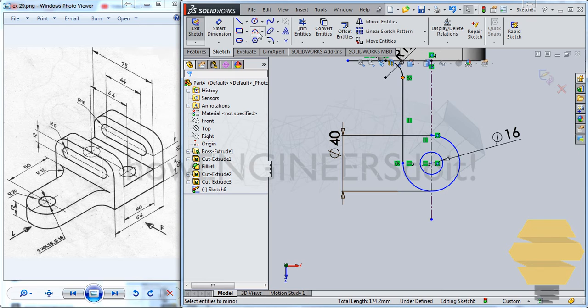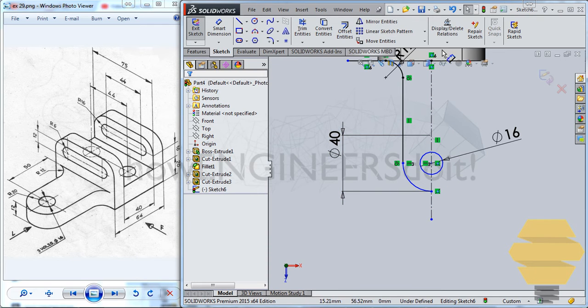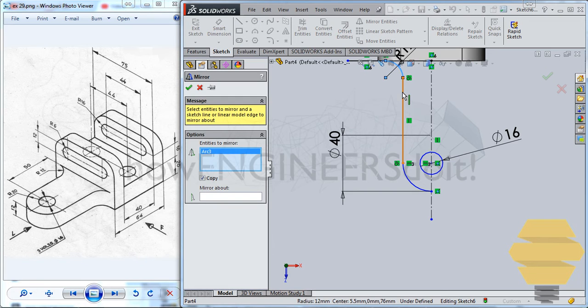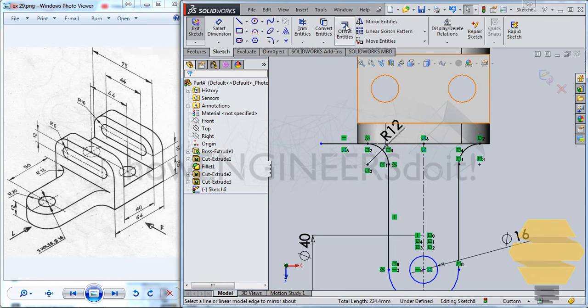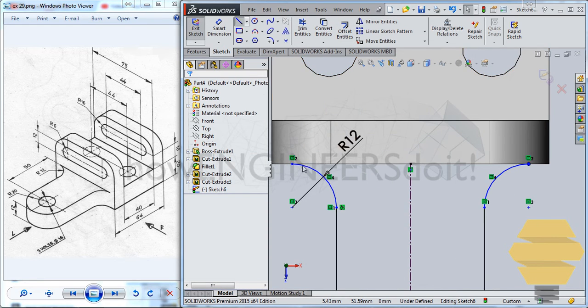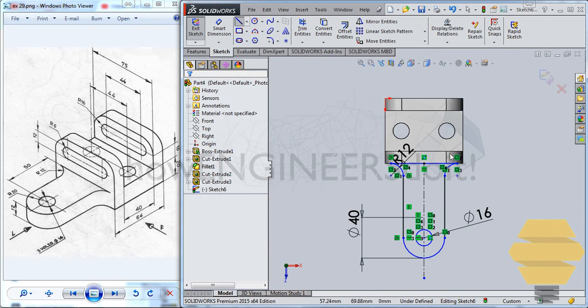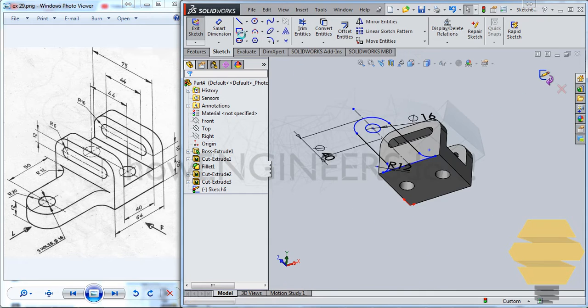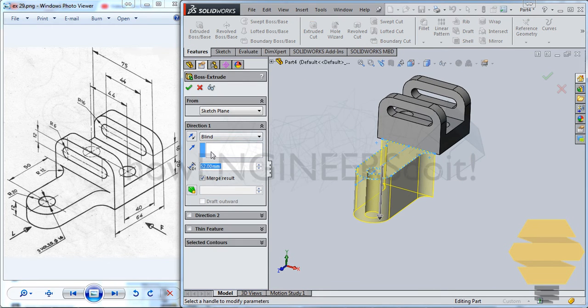So we'll just remove this portion as well. We'll go for mirror entities 1, 2, and 3, and we'll go for mirror about and select this axis and click on the tick mark, and we have almost the sketch complete. And I think we need to create another line from this point to this point to close the sketch. Now finally, exit the sketch here and go for extrude boss and base, reverse direction by